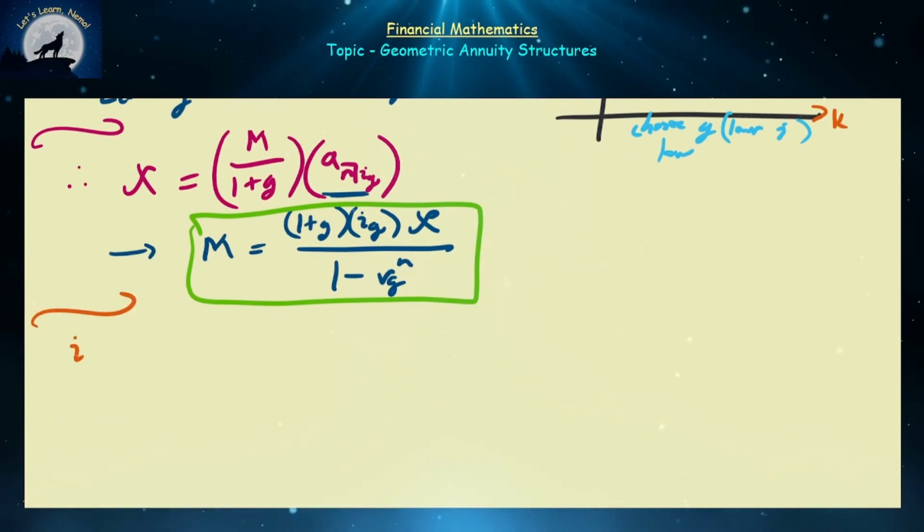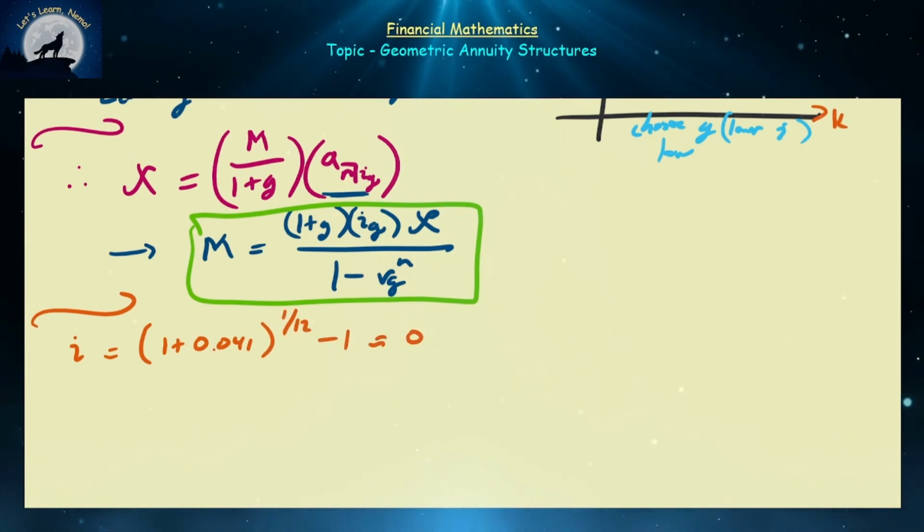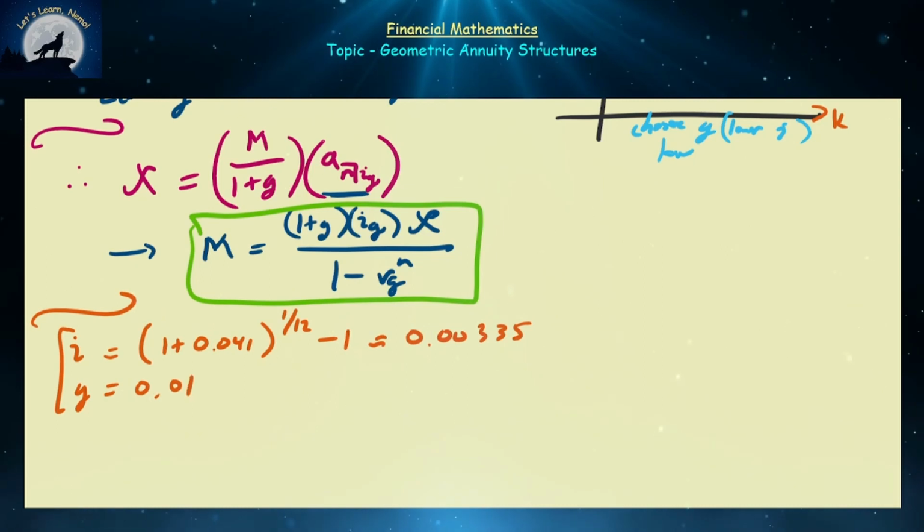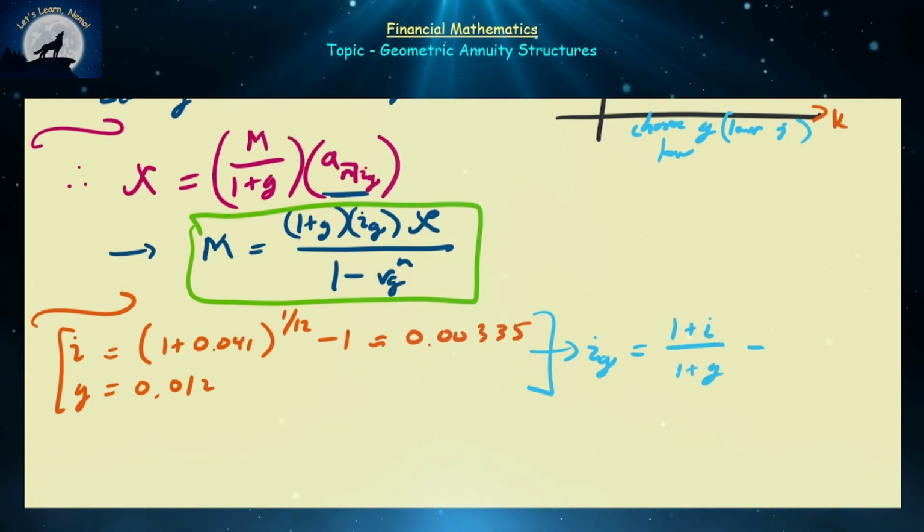So again, i is going to be equal to our effective interest rate, unmodified. So that's going to be (1 plus 0.041) to the power of 1 over 12, minus 1, and that's going to be approximately equal to 0.00335. And our geometric rate g is chosen to be 0.012. Once you have these two particular objects, then you can find our adjusted effective interest rate i_g, which again is going to be (1 plus i) all over (1 plus g), minus 1, which you should be able to find is approximately equal to negative